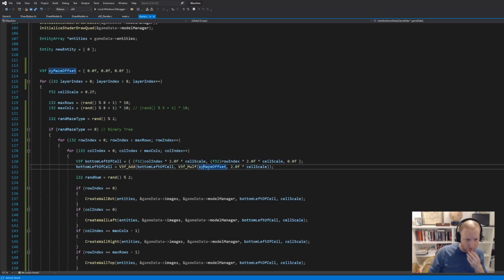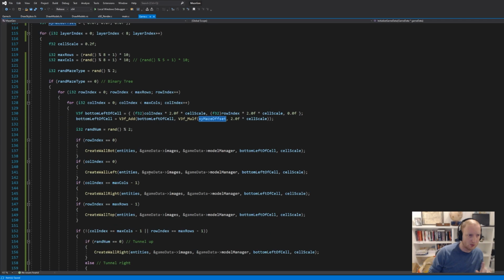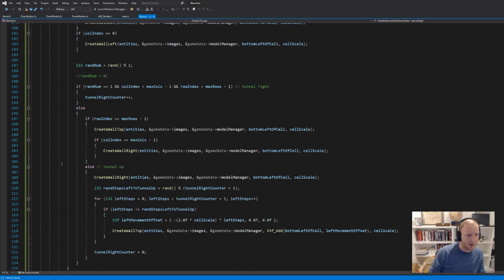And then, instead of it being, so the XY, all we need to do is just add onto that XY maze offset by exactly the amount of rows and columns. Let's just do one of those. And maybe just one of them. That could be quite cool. So we do a little random choice, and then kind of at the end, after you've drawn your maze,